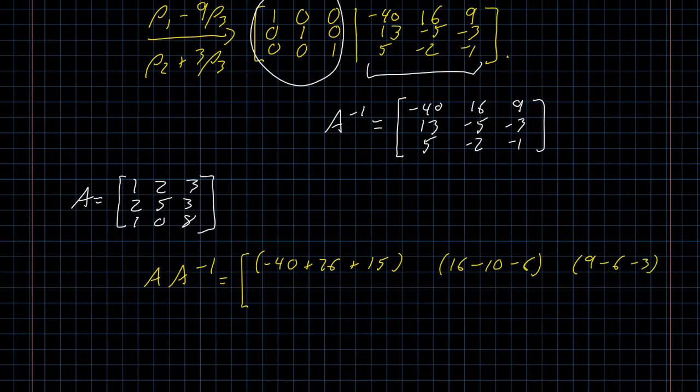Second row, first column, I've got -80, I've got 65, and I've got 15. Second row, second column, I've got 32, -25, and -6. Second row, third column, I've got 18, -15, -3. And then the third row, with the first column,